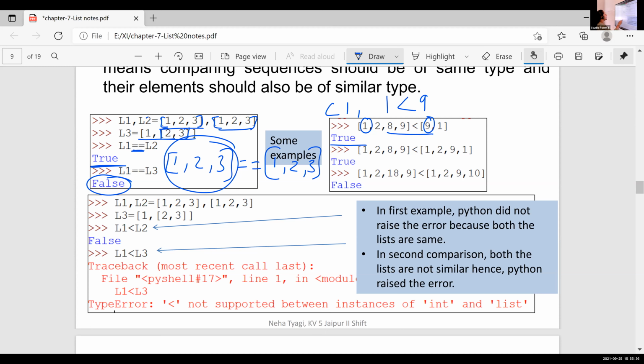Tushar, how the result ma'am is true in this comparison, Tushar? Here, if the first string is less than second string, here the result it is true. How? Ma'am, because ma'am, I did not reach that part. The screen was a little bit lagging, so I just saw the screen right now. The contents are 1, 2, 8, 9. Second list it is 1, 2, 9, 1. Then how is the comparison?